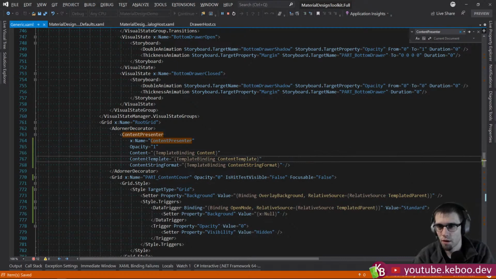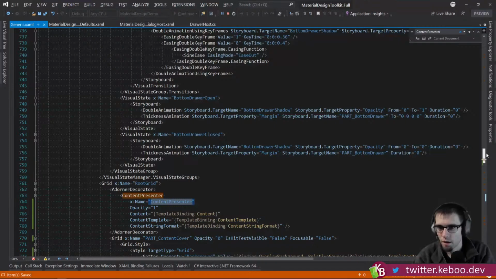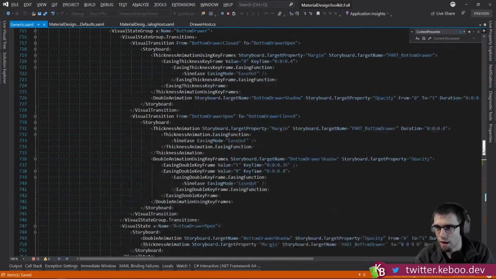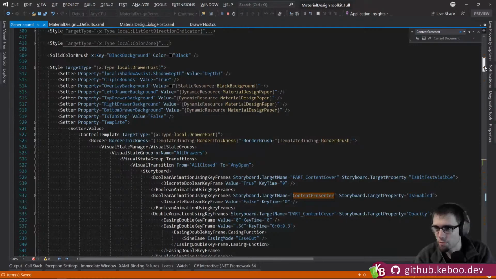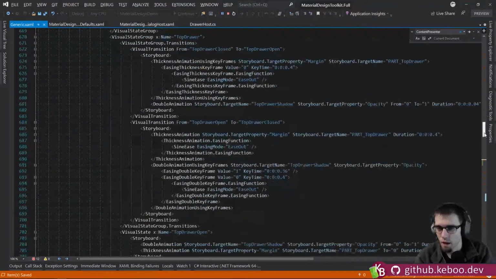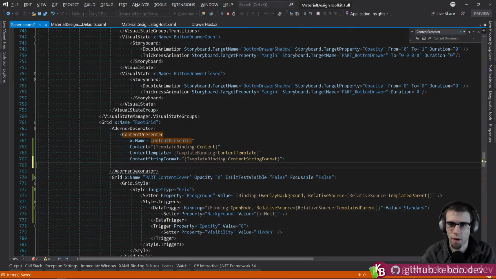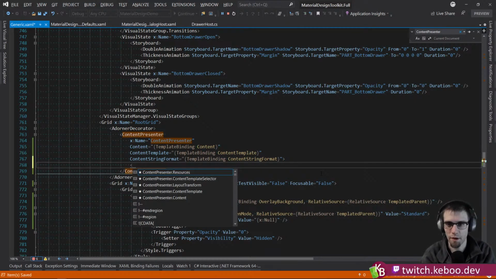Right? So the opacity here, I don't know why it's being set because it's not being overridden anywhere. So we don't need that. We'll clean that up. But the only other place, so isEnabled, right? These are the only two storyboards. And I think what we're going to do is we're going to come down here and just swap this sucker out with content presenter, right? And we will slap in a little style,